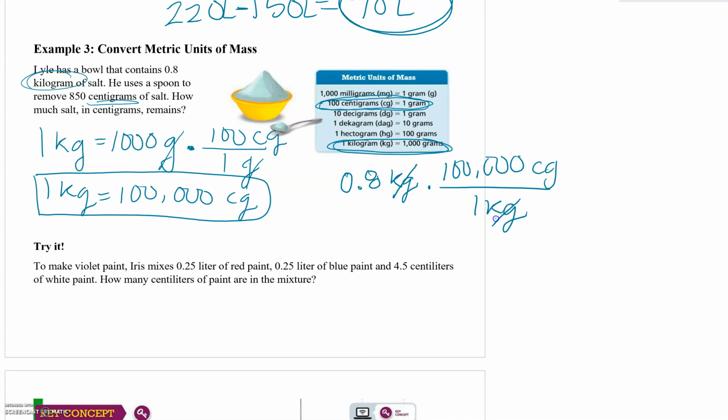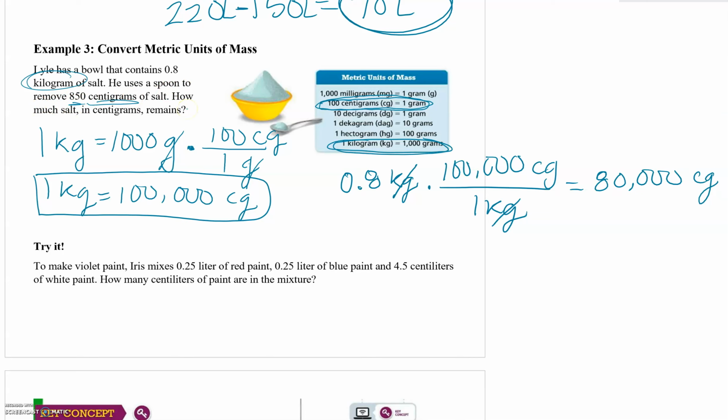All right, so our kilograms go away, and we're left with 80,000 centigrams. And then the question's asking, he uses a spoon to remove 850 centigrams of salt, and